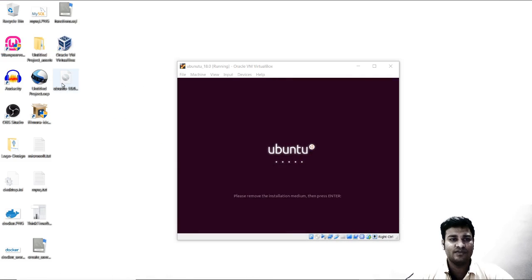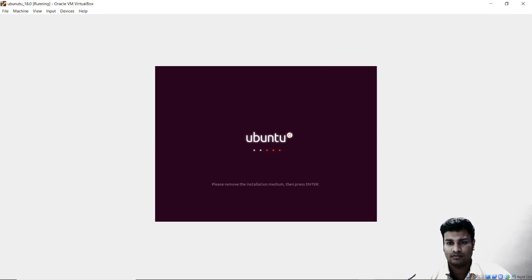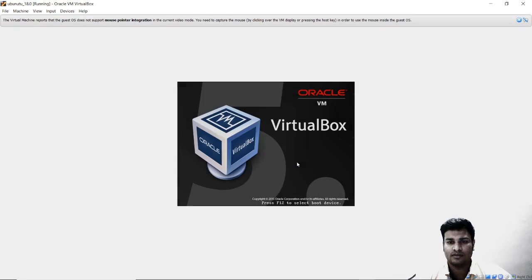Because whenever you install an OS on your machine, you have to take out the CD, or else the system will boot up that CD. So what I prefer to do is delete this from my desktop and just press enter.